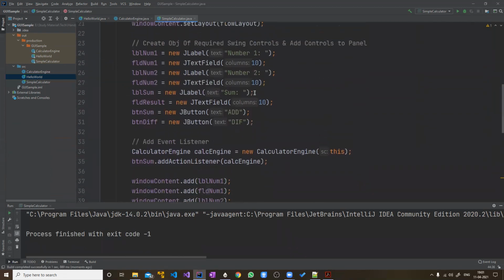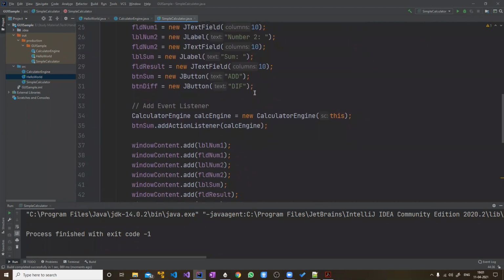So I want the same class to be reused. Instead of creating another class, it will be good if I am able to do that. So basically, this is what I want to do. Even the button for difference will have the same event listener.